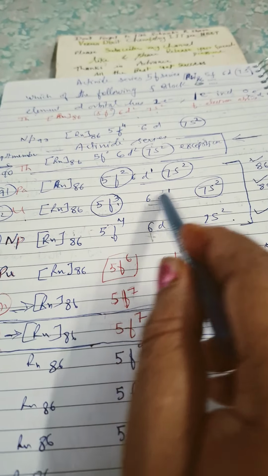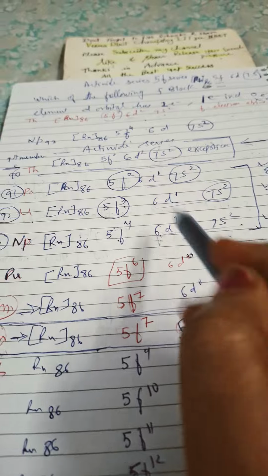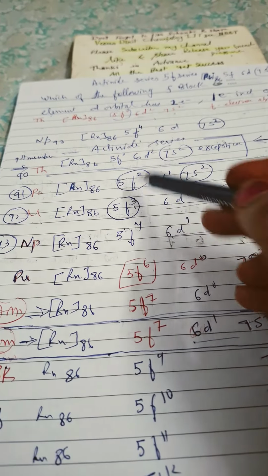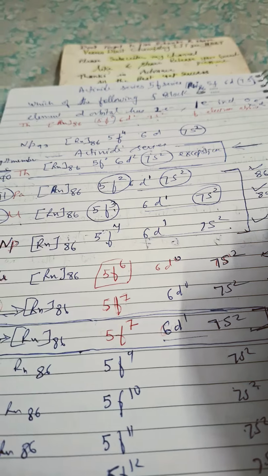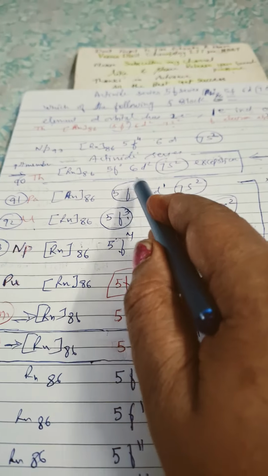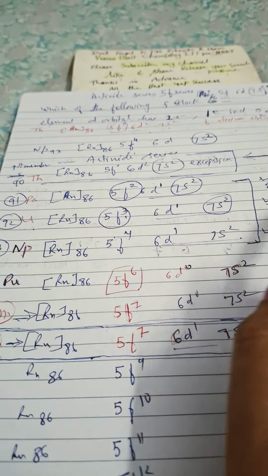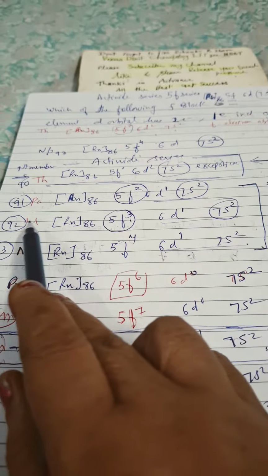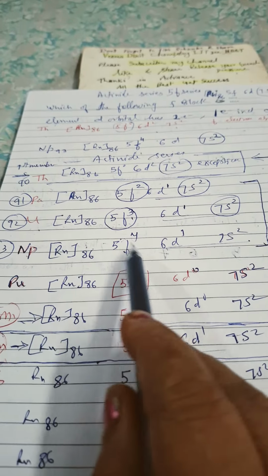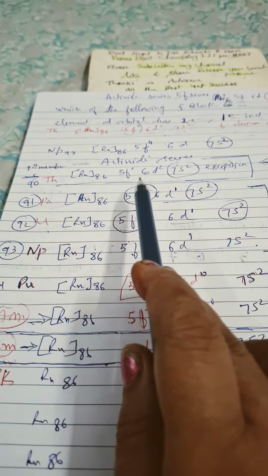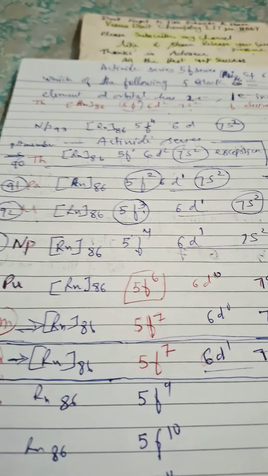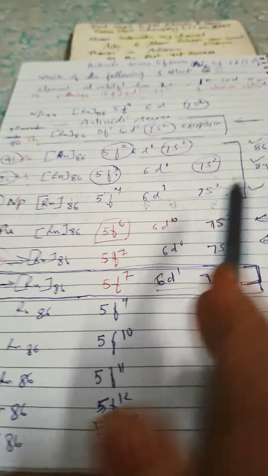Now after that, 91 atomic number, Pa protactinium, here 6d1 7s2, right, like this. Where f always f. Now 86 plus 3 is 89, so how much you will add here? 2, so it will be 5f2. If we add 89 plus 3, then it will be 92, so it is uranium. 89 plus 4 will be neptunium 93. Then 2, 3, 4 easily you can get. This is the way we have to learn.